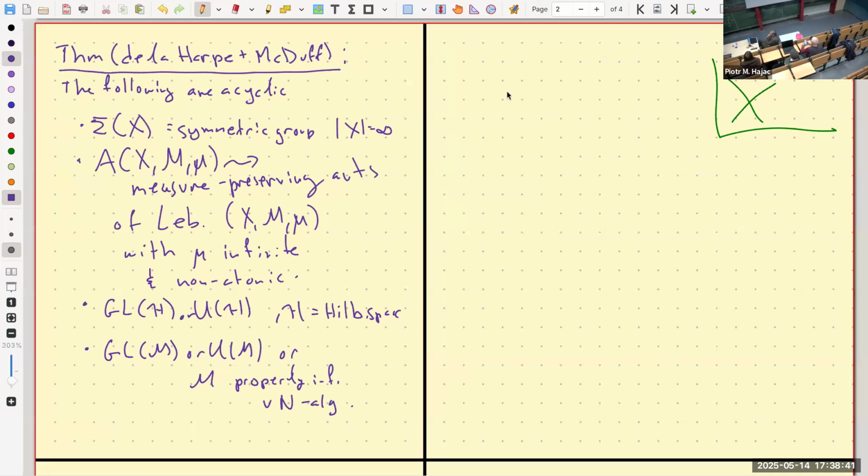Yes, I have a question. Is there some obvious reason why automorphisms of probabilistic spaces are not acyclic? Automorphisms of, sorry, what? Probabilistic spaces. Because you assume that the measure is infinite. Yeah, so a lot of what's going on here is, at least with